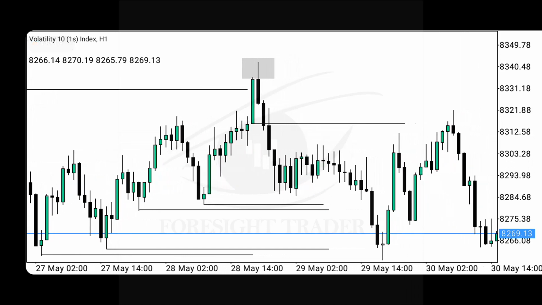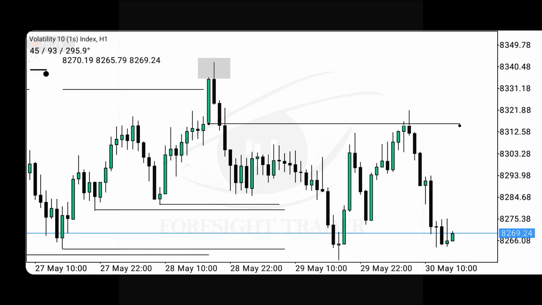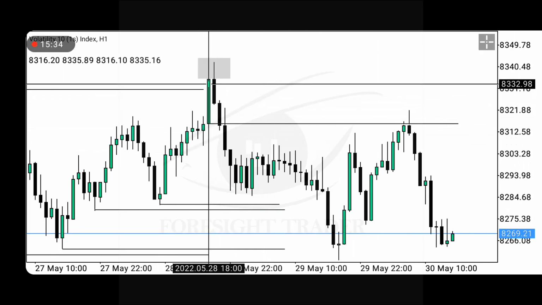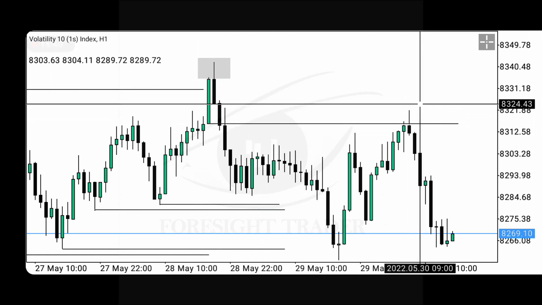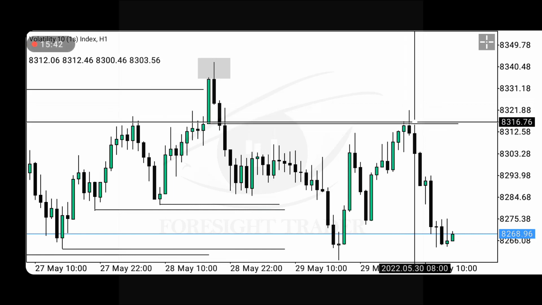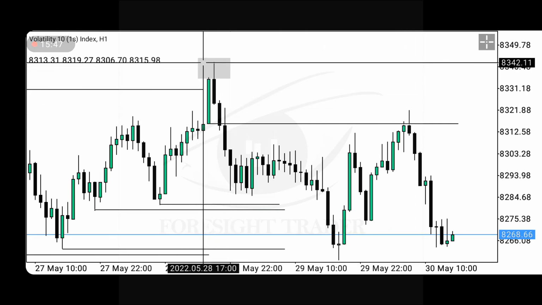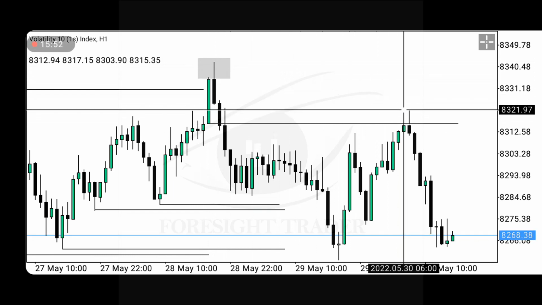Okay, and this is exactly what the market maker, or the algorithm which controls price, did to help them. The price actually came up into this swing, into this up close candle, tapped into it, closed their buy position, which is actually a break-even trade for them again, and added more sell. So they are selling here, and they are selling here, and here.